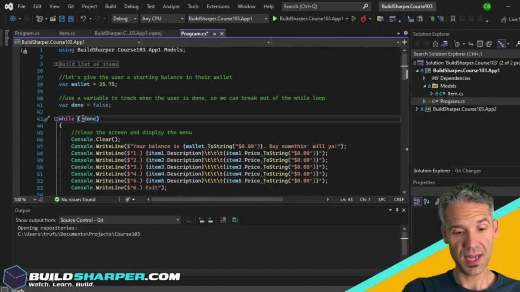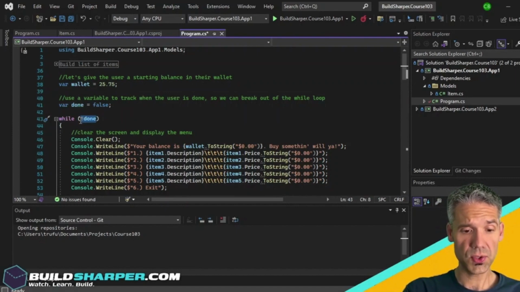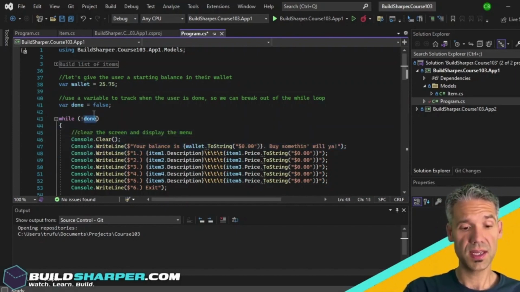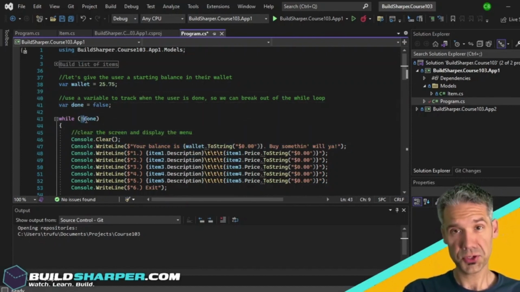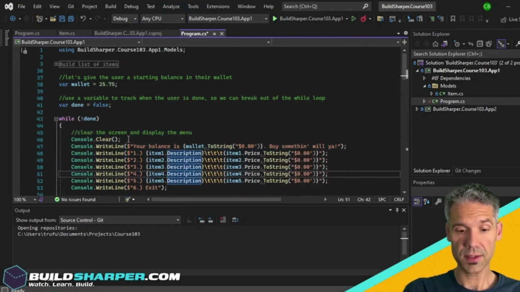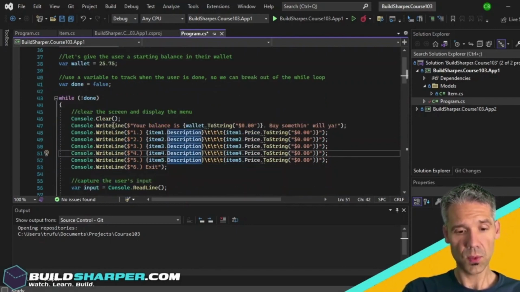So while not done, and this has to evaluate true in order to execute this code. So done is false. Well, not false is true. So while not done, which evaluates to true, we're going to perform the following. We're going to clear the screen. We're going to show them your balance is, and then we can see